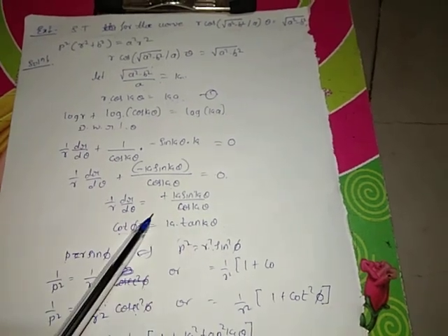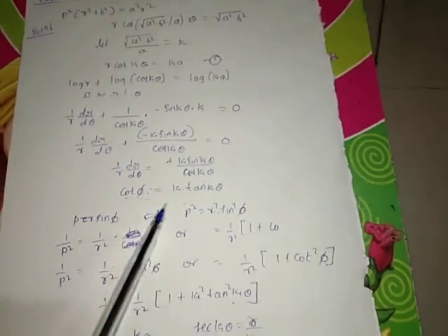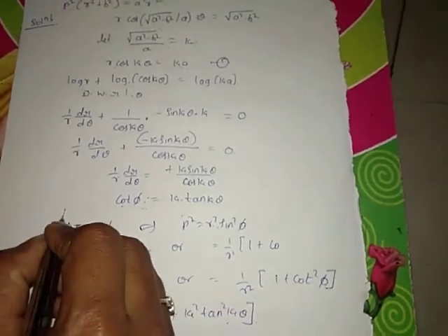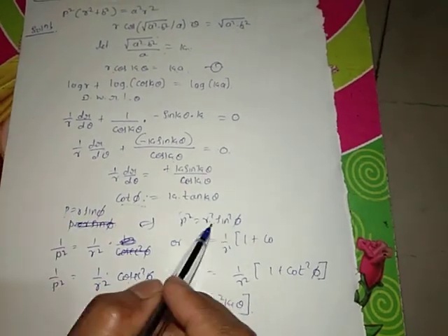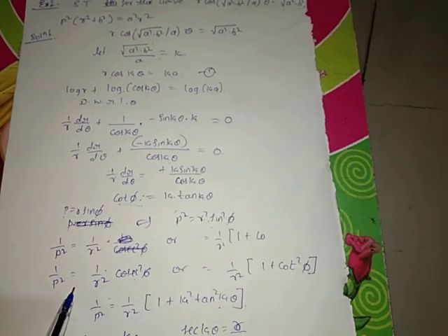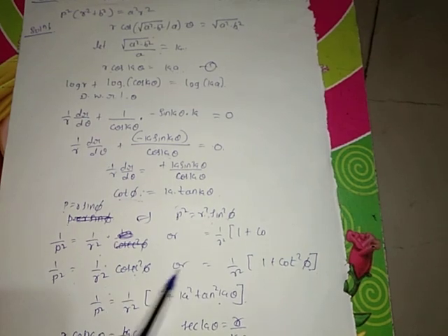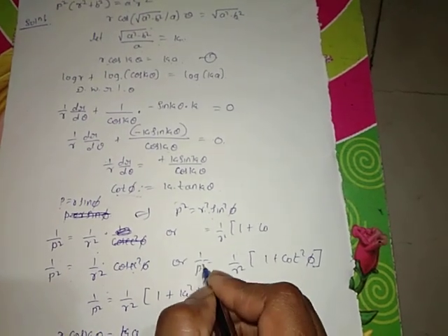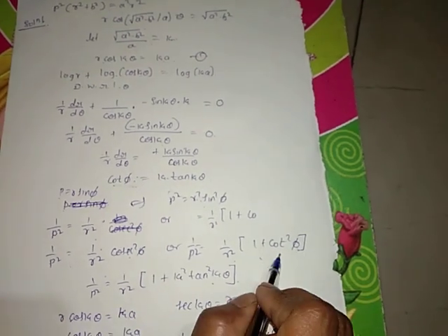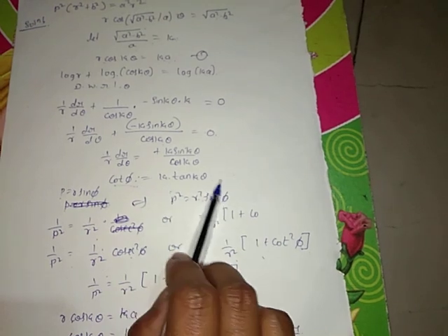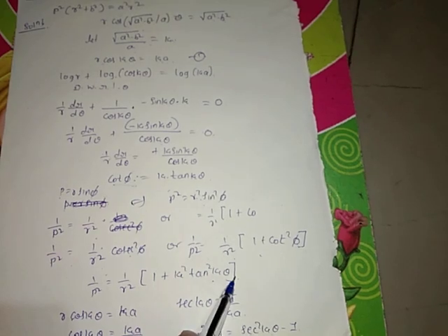Now consider this term here. Here we cannot get our phi explicitly. So therefore we consider p equal to r sin phi. In this equation, first we have to take a square on both sides and take a reciprocal. We get 1 by p square equals 1 by r square into cosec square phi, or 1 by p square equals 1 by r square into 1 plus cot square phi. In this equation, we put cot phi, that is k tan kθ. If you substitute this value here, then it becomes k square tan square kθ.